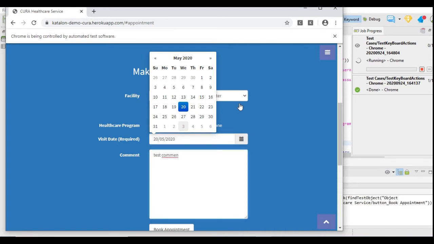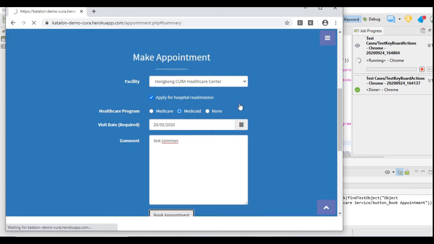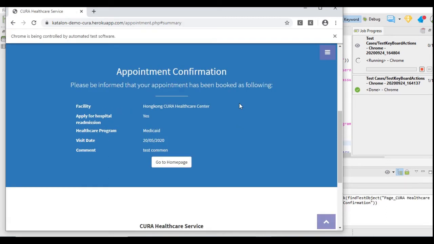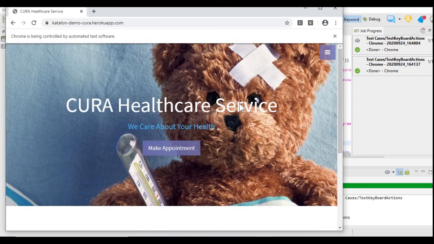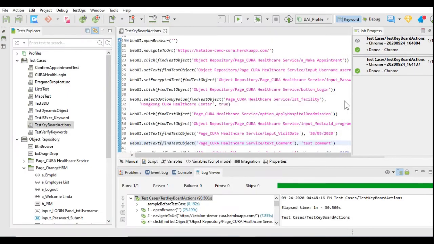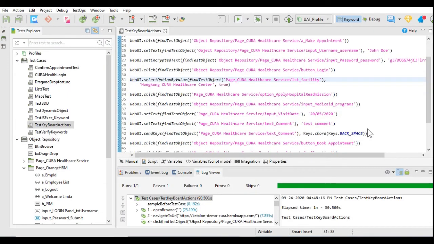Now it has entered test comment in the comment and removed one character, that is T, from the test comment. So our test is passed. This way you can use the keyboard actions. You can use multiple keyboard actions.